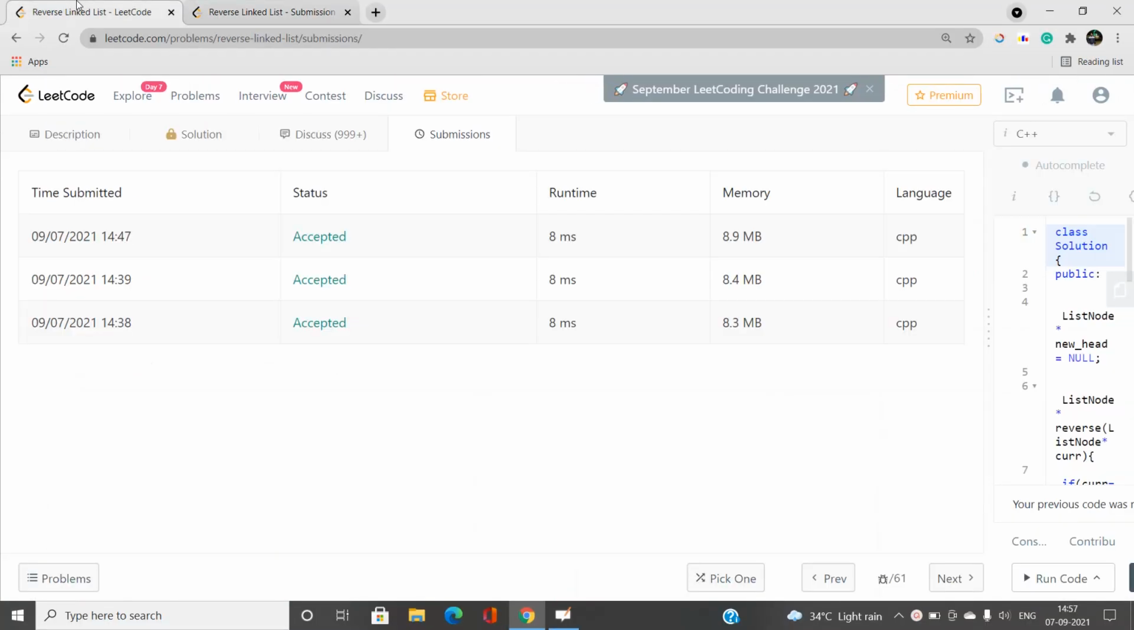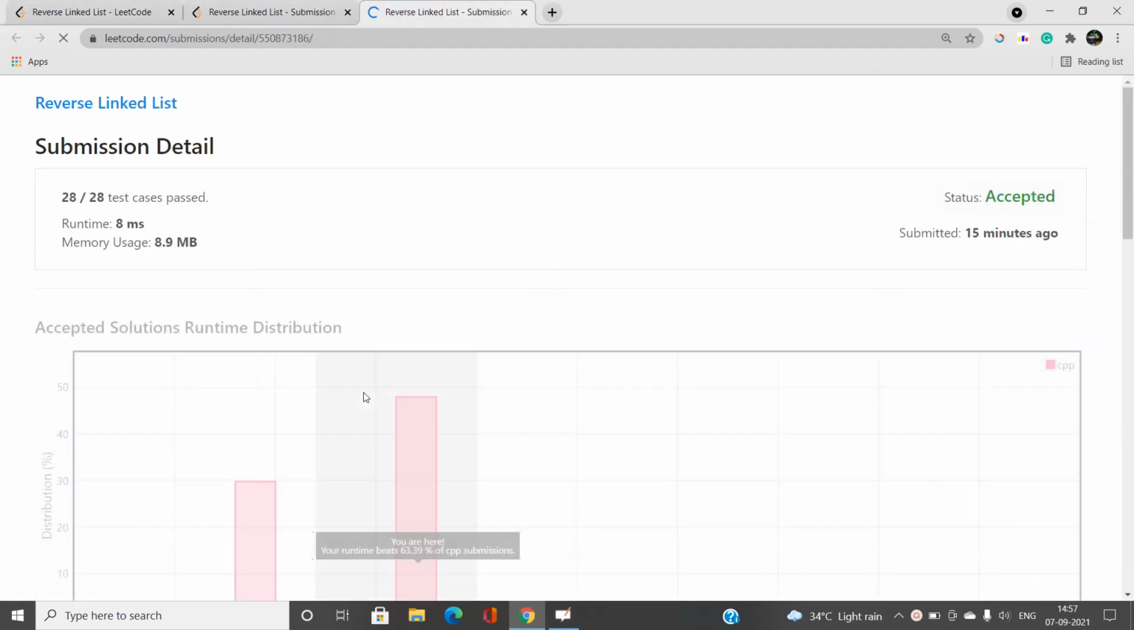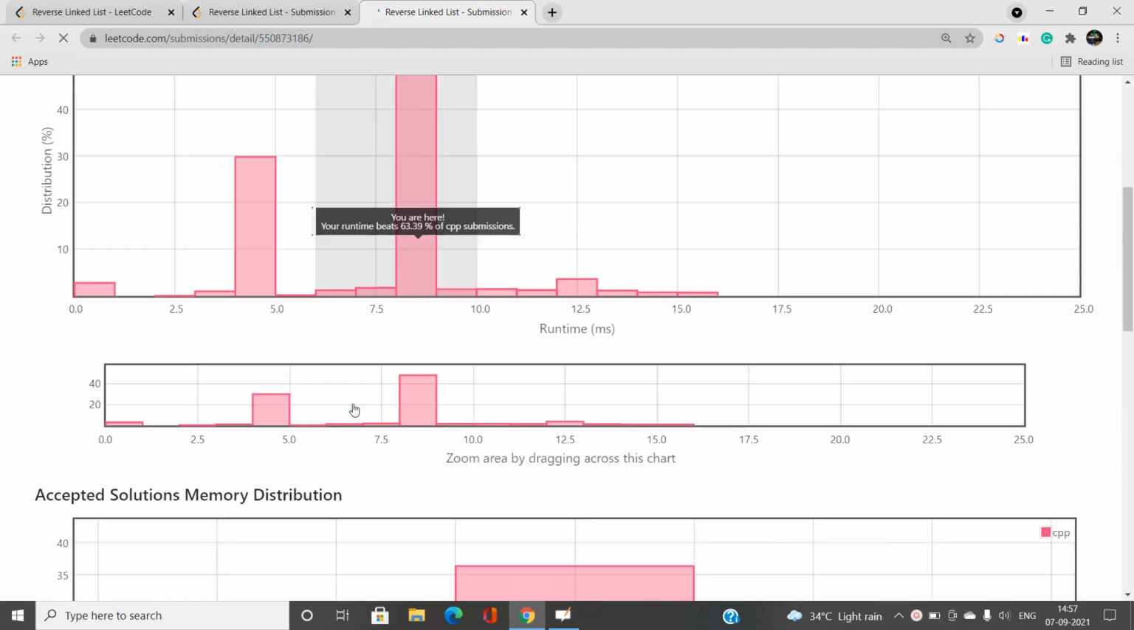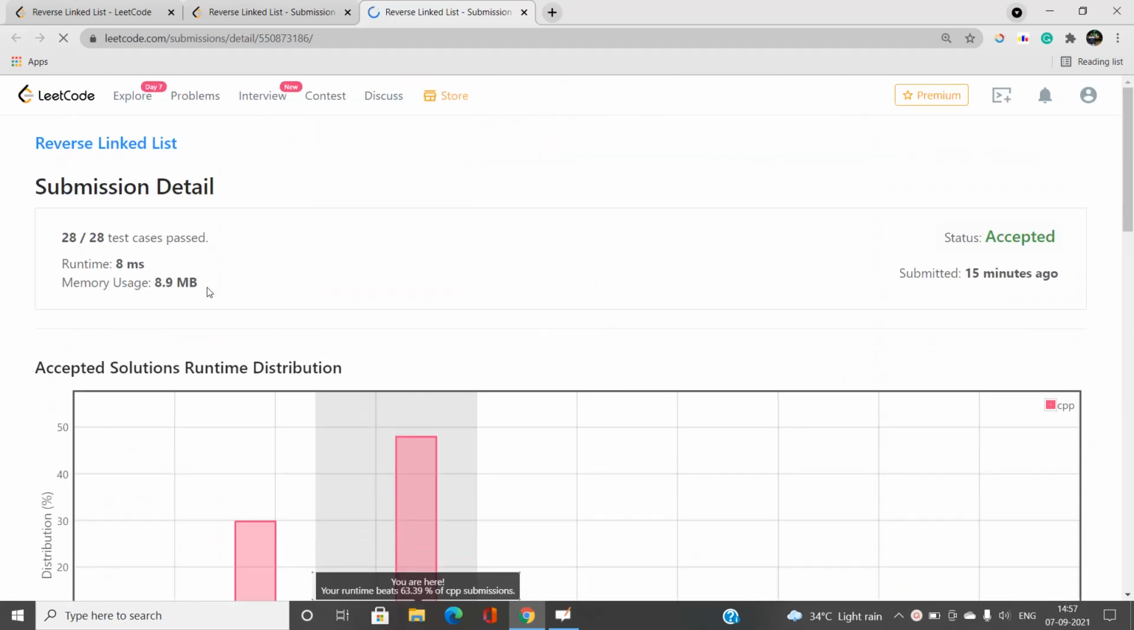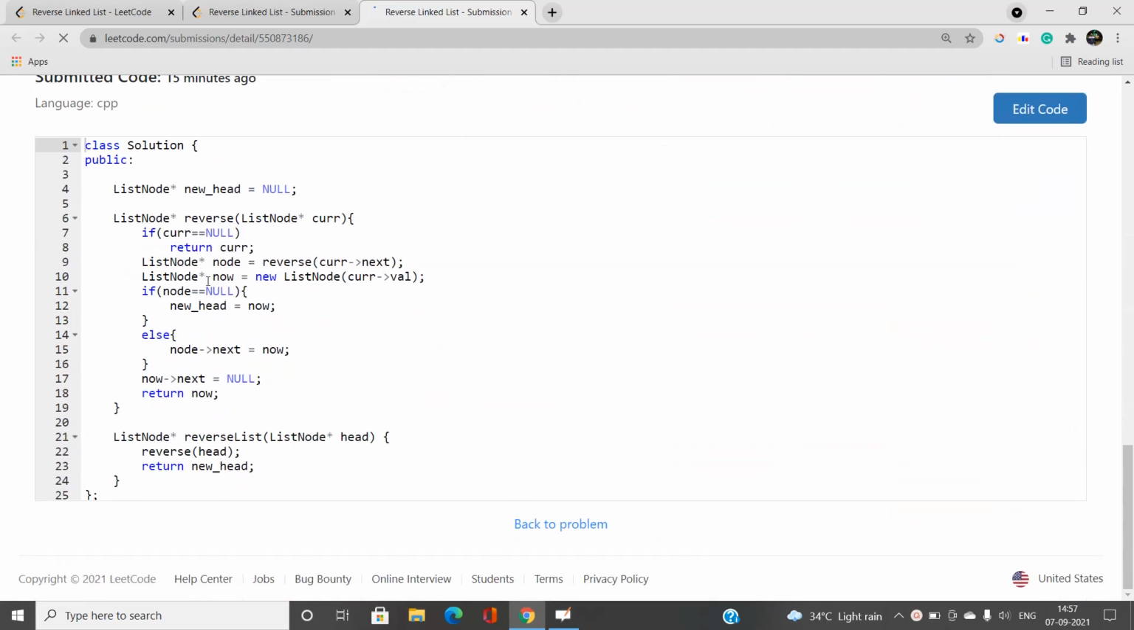So let's talk about the recursive version also. This is also simple, so let's try to analyze. You can see the runtime of both the codes is similar, 8ms. Now what we have done over here is we have assigned the new head globally as null, and this reverse head function is called, and each time we are going to recursively reverse the corresponding arrows going from the